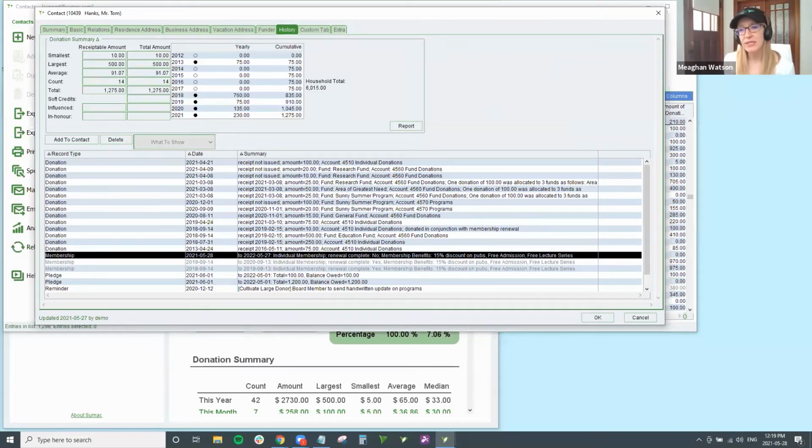So what happens a year from now, when this membership expires? How are we going to make sure that Tom knows that he needs to renew his membership? Well, we did talk about the auto renew feature a little bit. Sumac can automatically renew Tom's membership for you if he's opted in for that. But what if members have not requested the automatic renewal? What about members who prefer to go online and process their own renewal, or would rather call in and renew